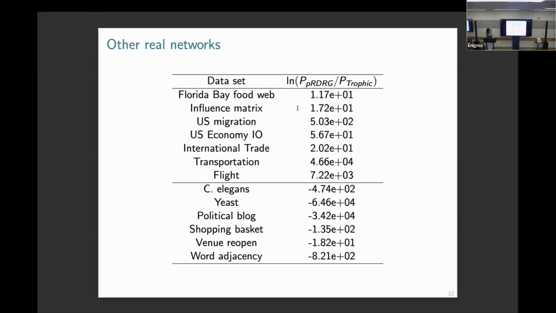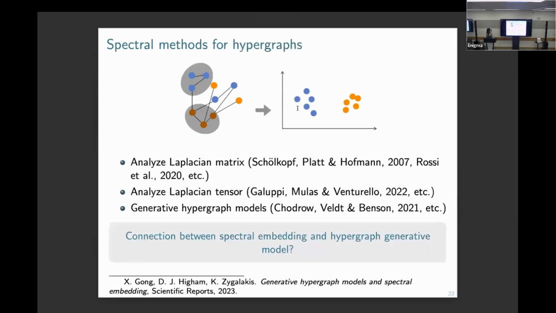Okay, so now we've looked at directed graphs, and the next extension is to hypergraphs, where an edge can contain more than 2 nodes. There are various approaches to analyzing them, using either matrices or tensors. We've heard a lot about this in previous talks, and various generative models have also been proposed, like Chodrow, Veldt,